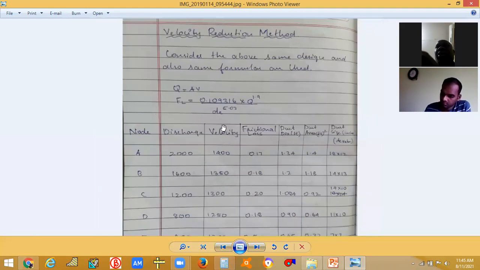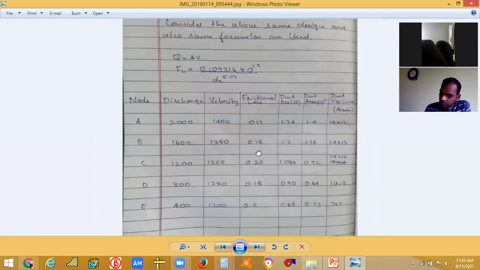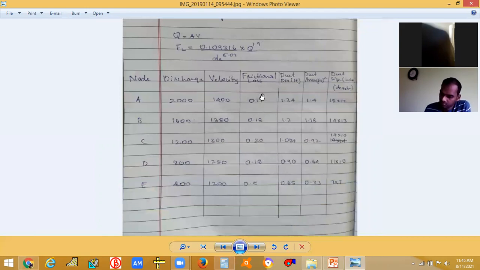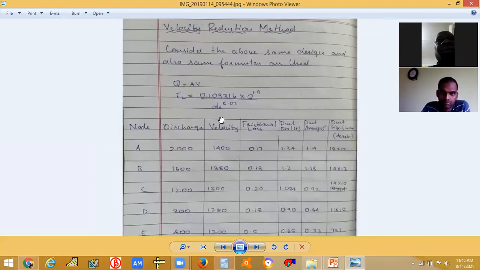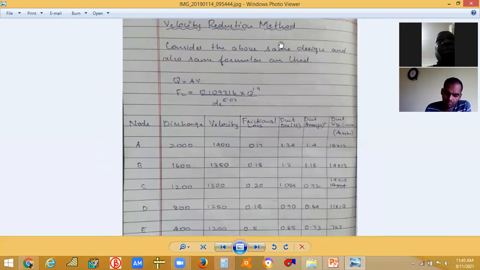Here we are reducing the velocity. See, the friction loss is different here. Initially, the friction loss was the same in the first method. Here the friction loss is different. So what we are doing is reducing the velocity according to our wish. That's what I said. We need broad background knowledge to design this duct. So we can write this velocity reduction method,